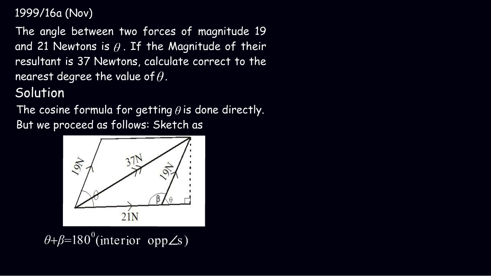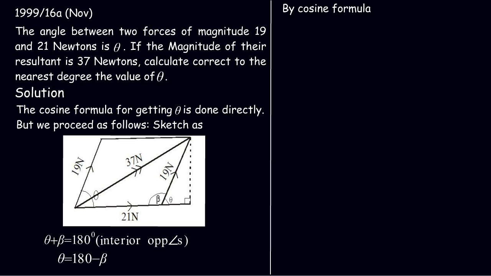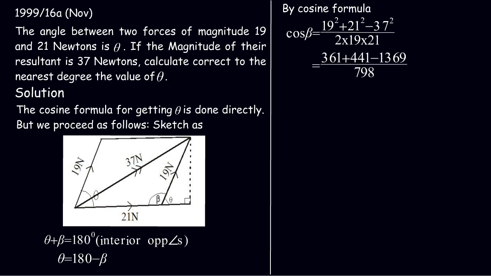Now recall that theta plus beta will be equal to 180 degrees, so therefore theta will be equal to 180 minus beta, and applying our cosine formula, cos beta will be equal to 19 squared plus 21 squared minus 37 squared divided by 2 times 19 times 21. Evaluating our squares, it will be equal to 361 plus 441 minus 1369 divided by 798. And simplifying further, cos beta will be equal to minus 556 divided by 798, which means cos beta will be equal to minus